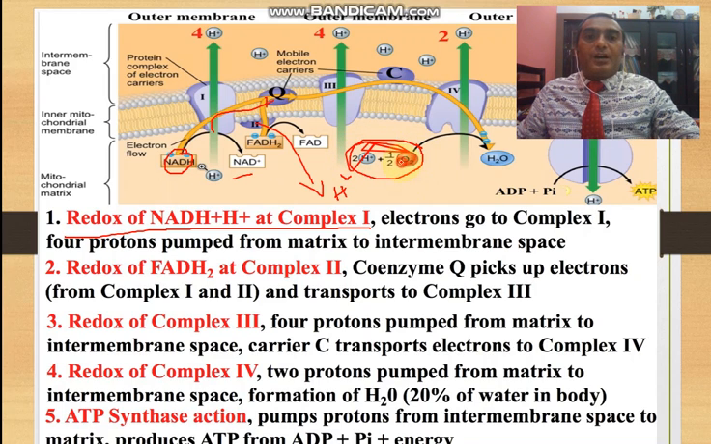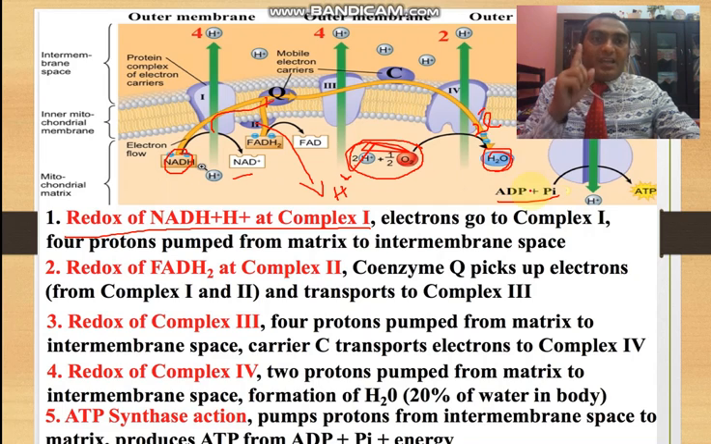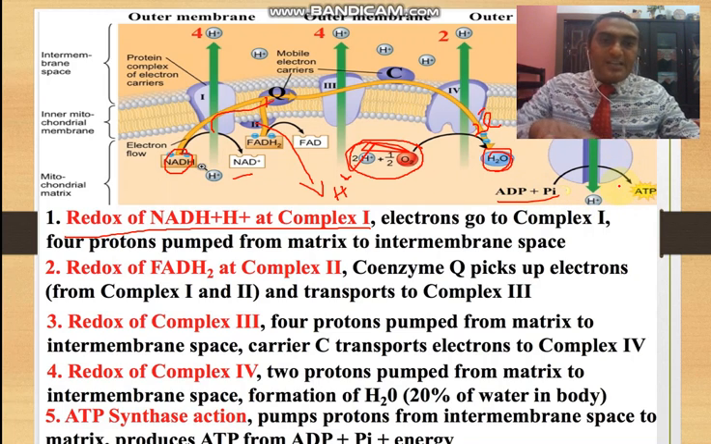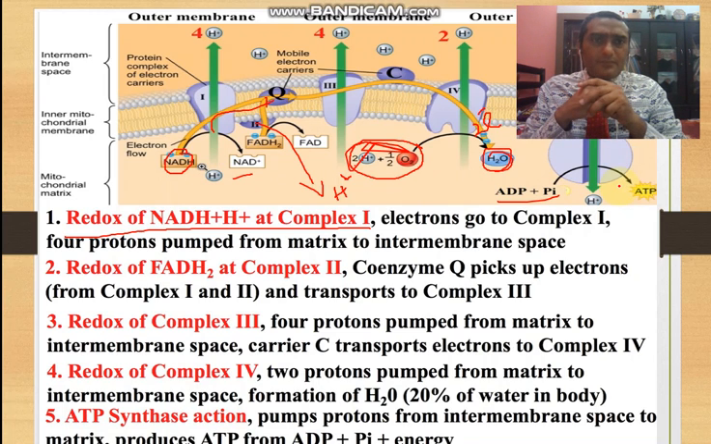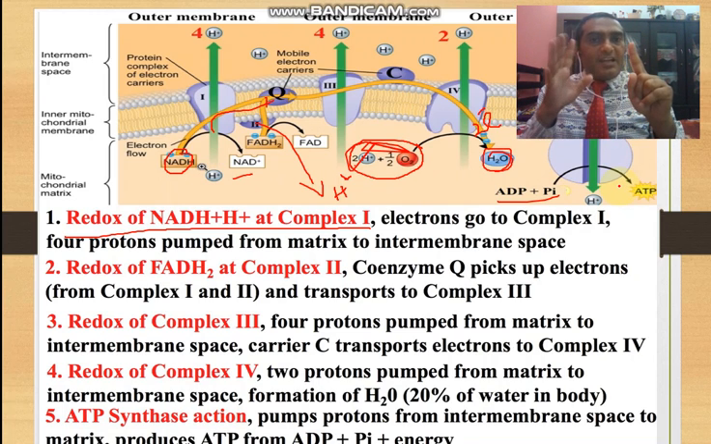So oxygen, hydrogen and electrons added together form the water molecule. And how many ATPs form? 3 ATP from 1 NADH utilization. 3 ATPs form from 1 NADH utilization in this mechanism. So 10 NADH formed from glycolysis, oxidation of pyruvate